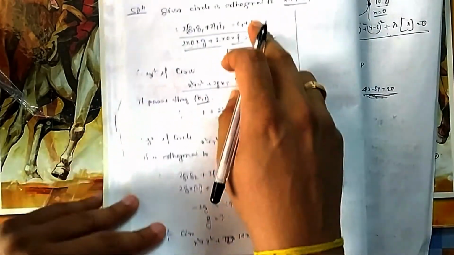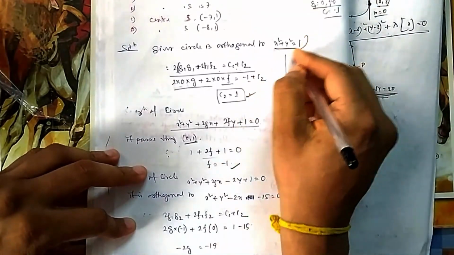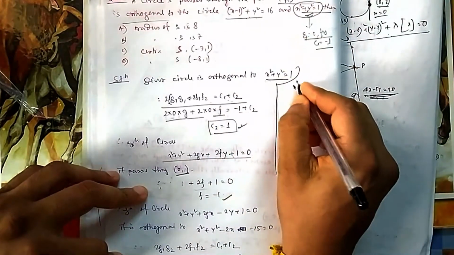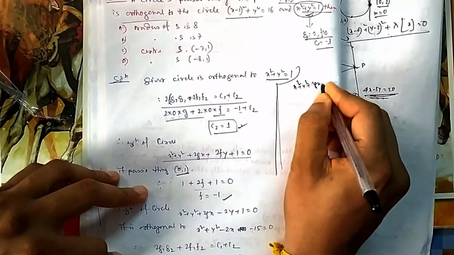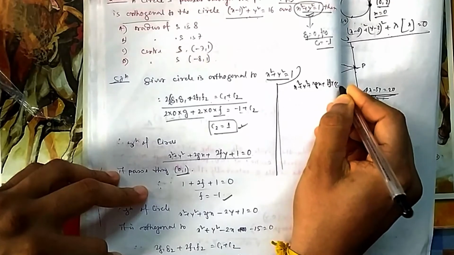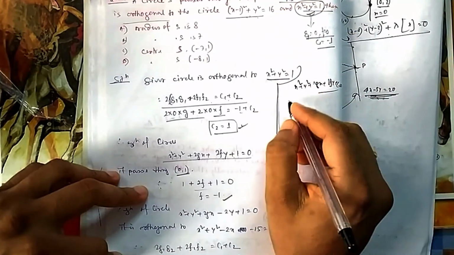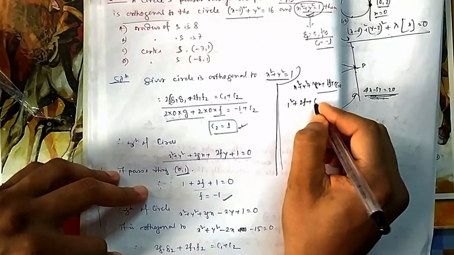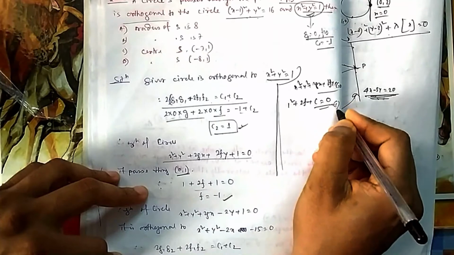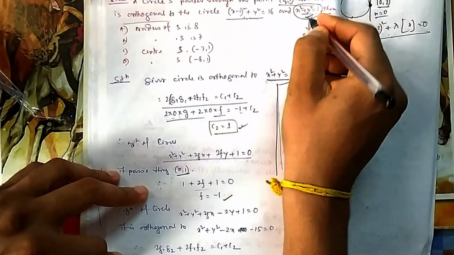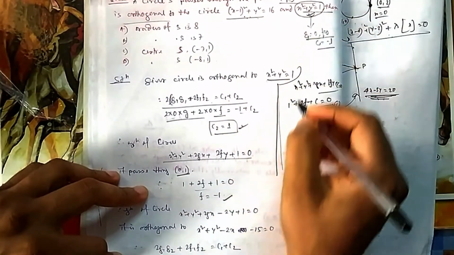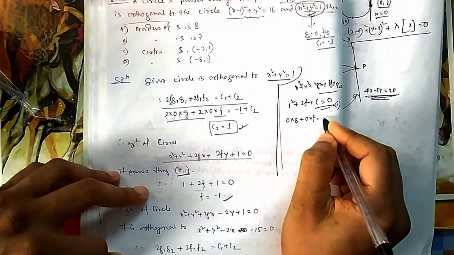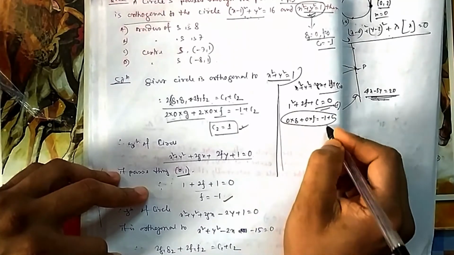No need to go step by step. How do I know I'll start with this one? No need to know also. You write three equations for these three conditions. You write the equation x square plus y square plus 2gx plus 2fy plus c equal to 0. First condition you write this one. You put 0, 1. So everything will be 1 plus 2f plus c is equal to 0. So this is the first condition, equation 1 you call. Then you write the second condition, then you write the third. Here g1, g2 is 0, so 0 into g2 plus 0 into f is equal to minus 1 plus c. So from here only you can see, this is the second equation.